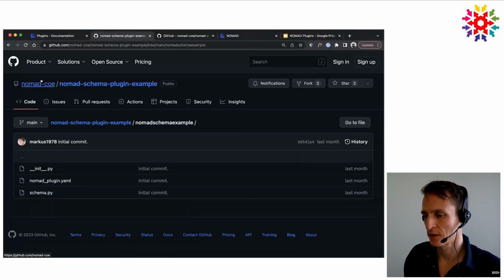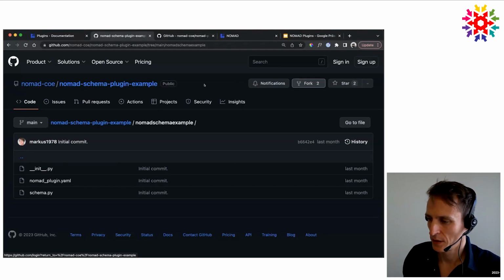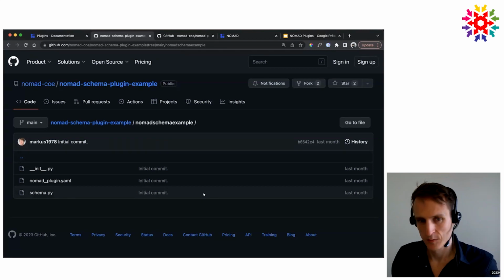And then, of course, you can take this project. You can fork it, right? You can press the fork button here to basically create a copy in your own account, and then you can clone your fork to your local machine. And this is what I have prepared here